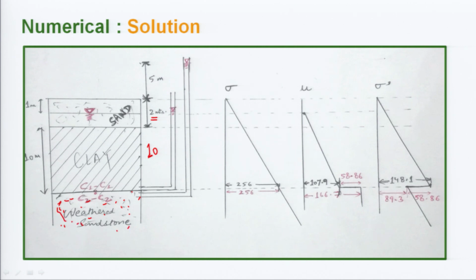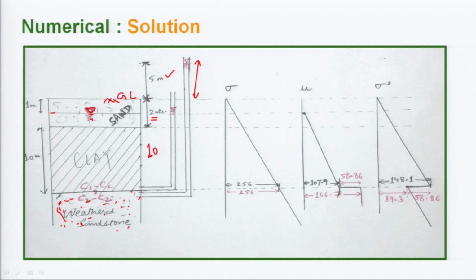So, now when we apply a piezometer here, we notice that the water level rises up to 5 meters above the ground level. So, let us say this is the ground level. So, the water level rises to 5 meters above the ground level. So, this is the height here. Now, the groundwater table was told to be 1 meter below. So, this is the groundwater table level.